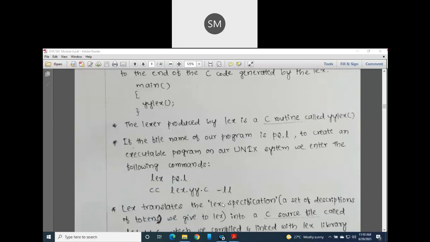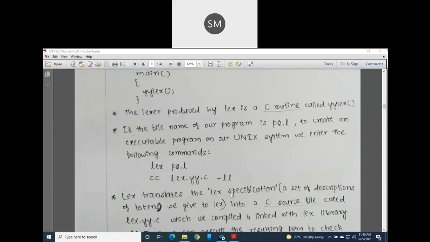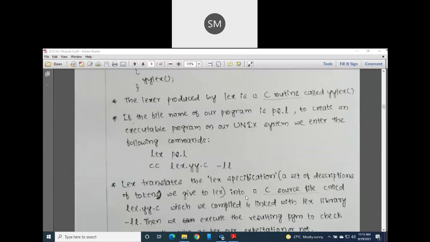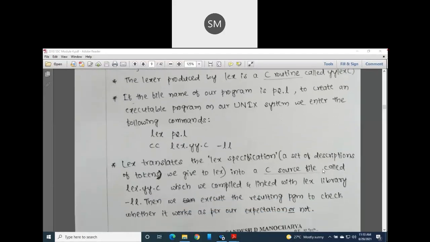So let's translate this lex specification, which is nothing but a set of descriptions of tokens we have given to lex, that is the .l file, into a C source file called lex.yy.c, which we compile and link with the lex library. -ll is nothing but the lex library, which we have given in the form of an option of my Unix cc command for compilation.